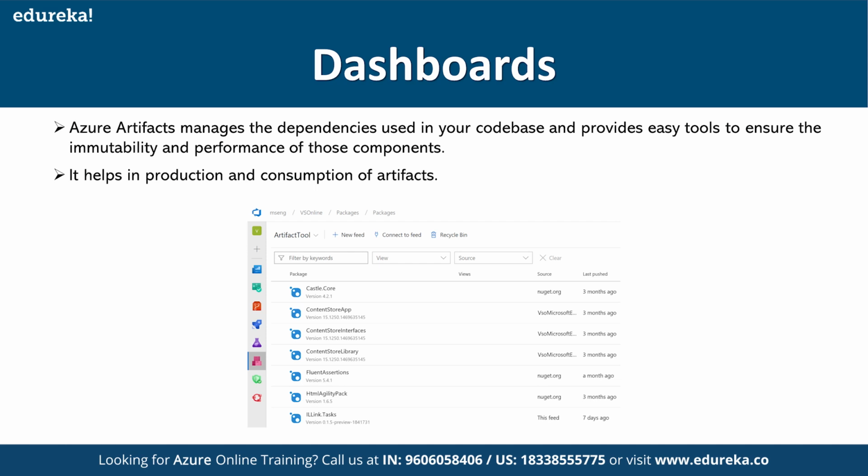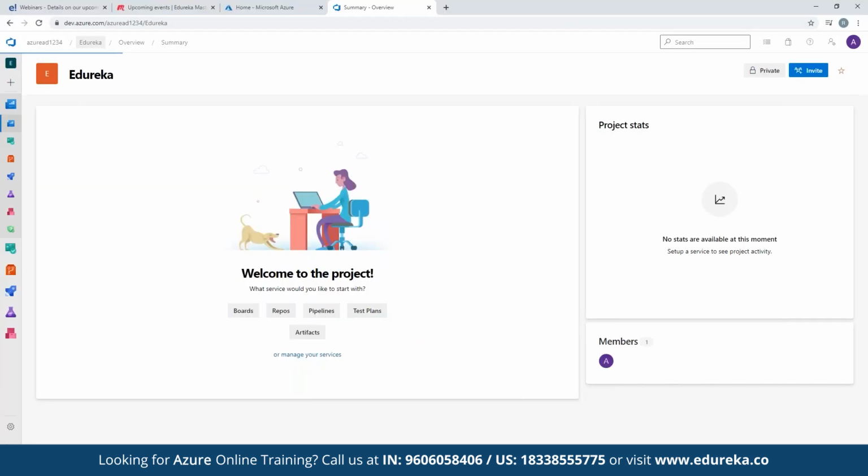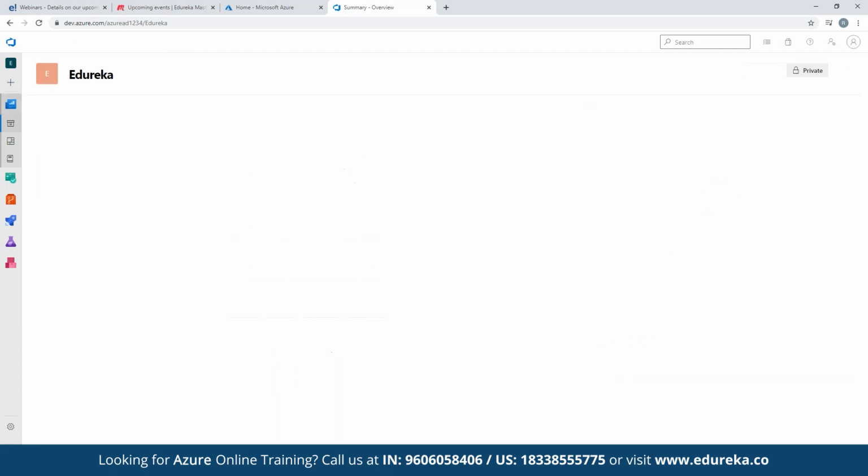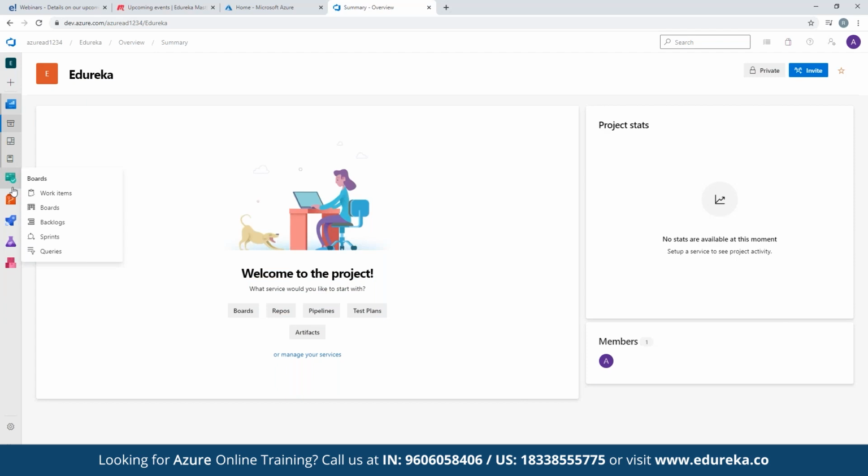Artifacts again, manages the dependencies in your code base, right? It provides you easy tools for immutability and performance of the components. So when you click here, we have boards, repos, right? Everything is available here.